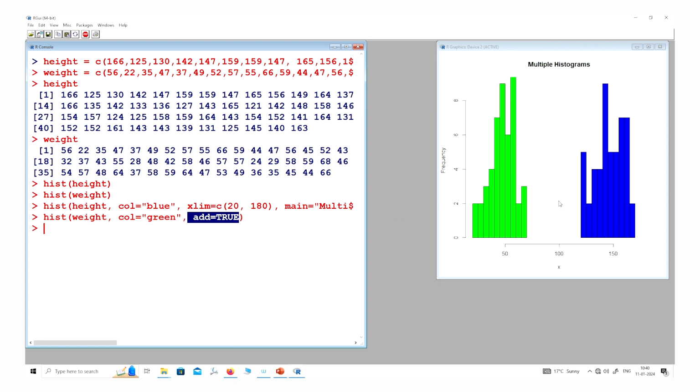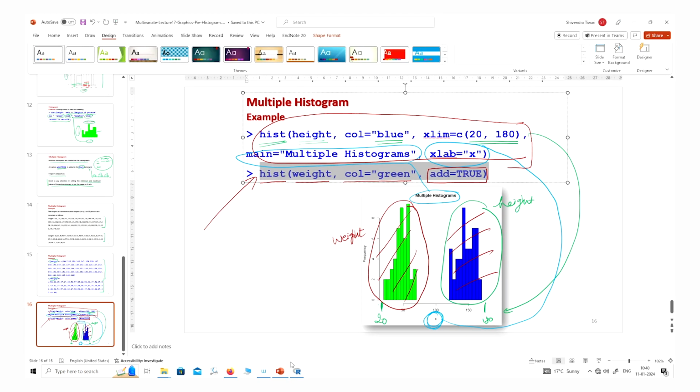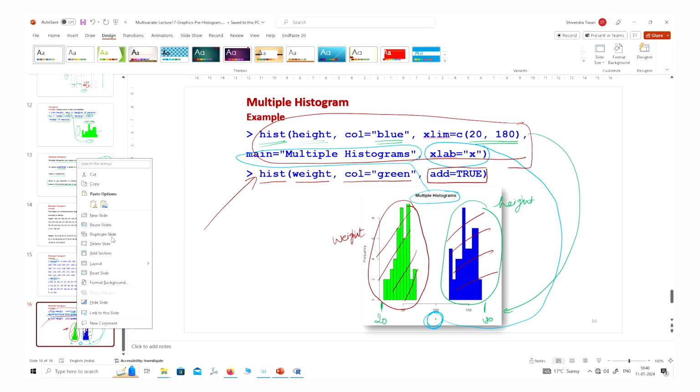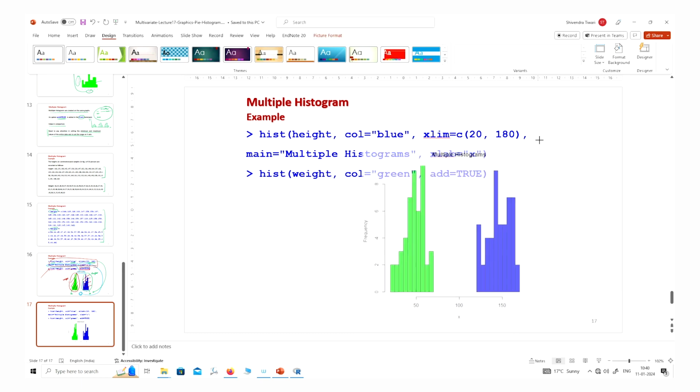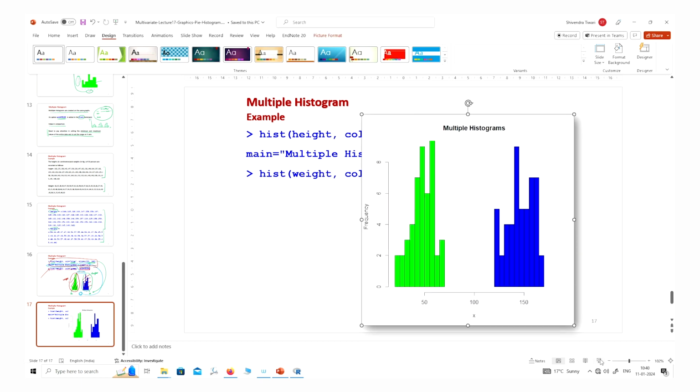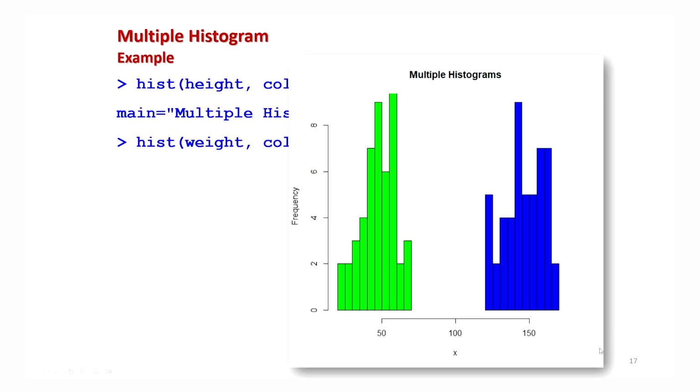So, now you can see if you want to compare these two graphics, this is pretty simple, and it can be done very easily, right. Suppose I use this graphic, I can show you how you can do it. I can increase the size of this graphic, and it is not difficult to use, because there is one concept which I would like to give you here, and later on I will explain it when we consider the concept of probability density function,